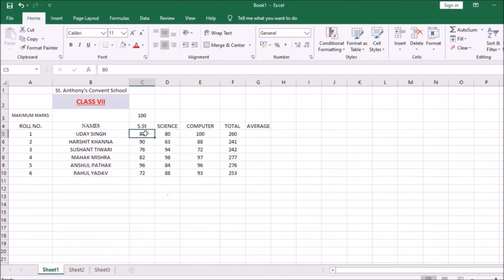Click on 80, and click means left click, and do not release the left click, just keep it pressed and slide towards the right. I am sliding towards the right and I have reached up to here. Now I will release the left click. Now all these 4 cells have been selected. 80 looks white and this number looks white, but this is also selected.